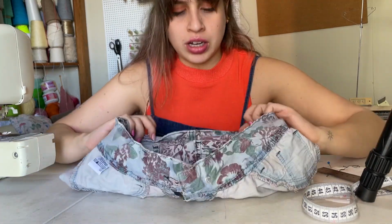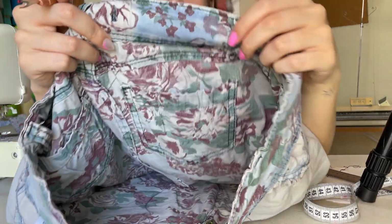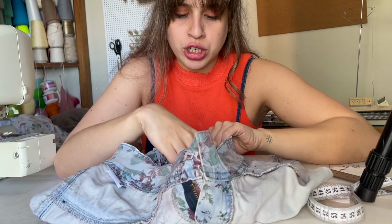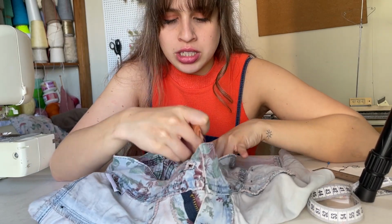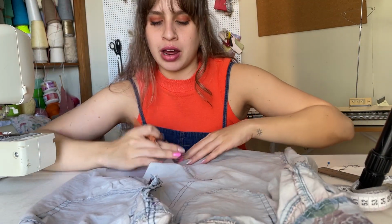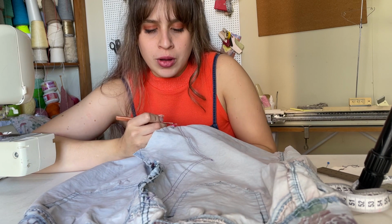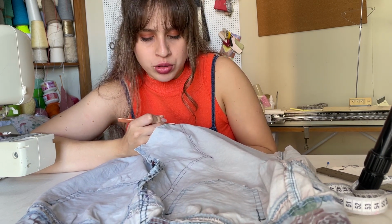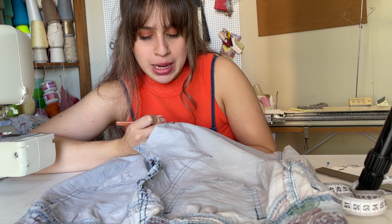When I took off the tag, I don't know if you can tell, but there's a difference of a shade. And I'm pretty sure it's going to happen if I take the pockets out. So I will have pocket stains, but I won't have pockets. So I don't want to take the pockets out. I'll try to center my